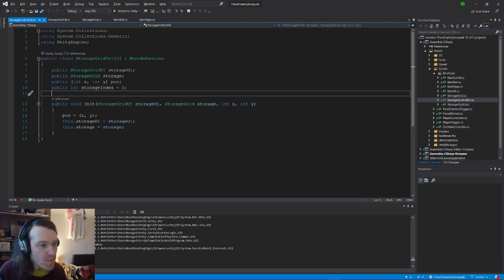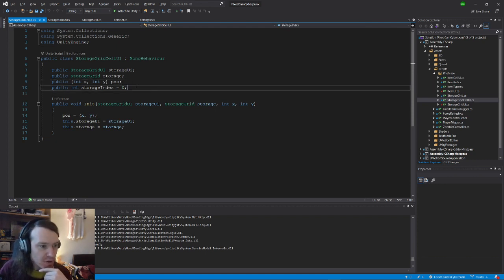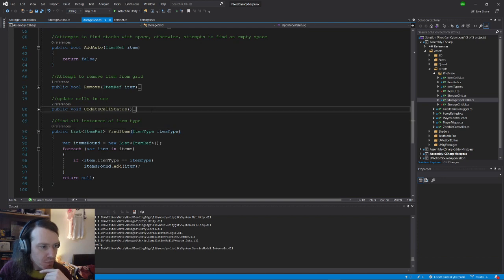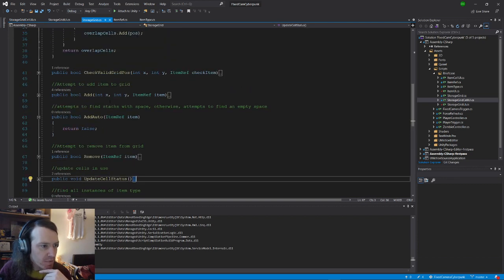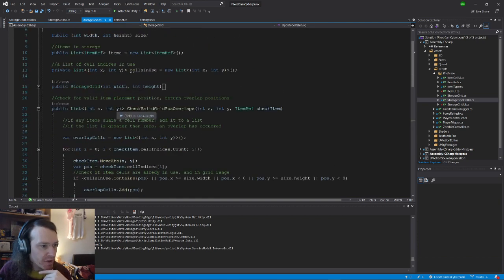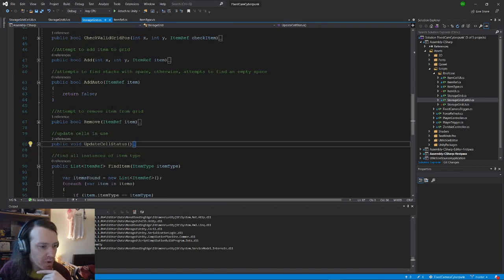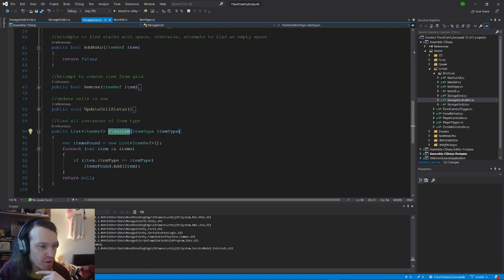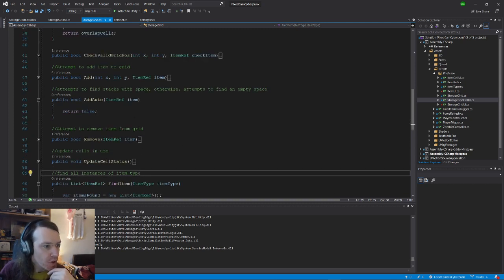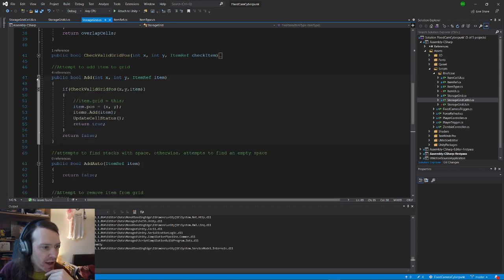Okay. So what's the first thing we should do? So we've got auto add, we've got add item. I guess we'll want to find the item type. So if we go to our add method here,